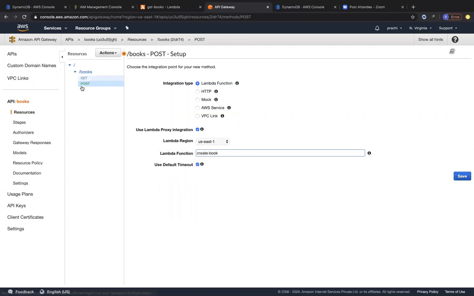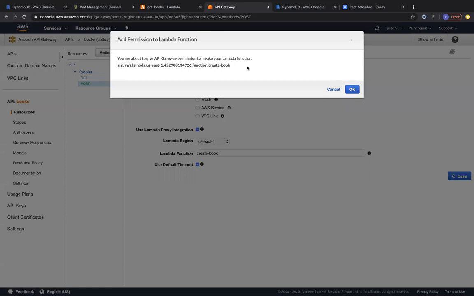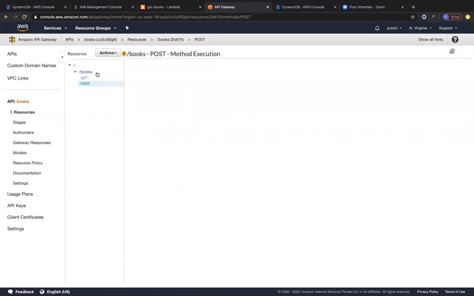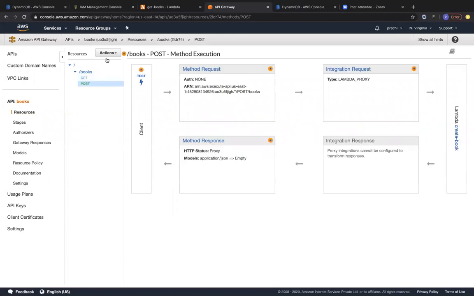But for get, since we are just getting details from the DynamoDB table, we don't have to actually use Lambda proxy integration for that. So let's go ahead and click on save. Again, it's going to ask us for delegating permissions to this API Gateway in order to invoke your Lambda function for you. Click on OK.